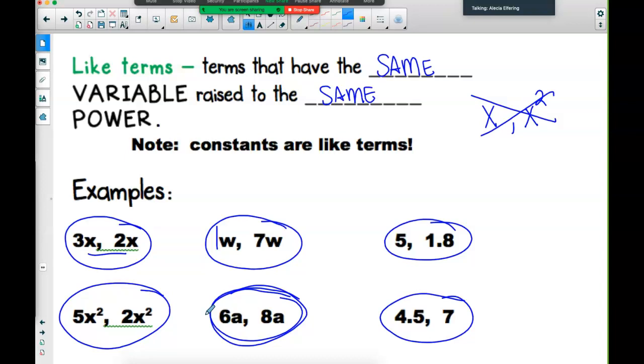How about 3x and 3y? Yes or no? Are those like terms? Thumbs up if you would say yes, thumbs down if you say no. At home, type yes or no. Are they like terms? No, they are not. Somebody tell me why they are not like terms. Brady. They don't have the same variable. One is an x, one is a y. They are different. Okay? How about